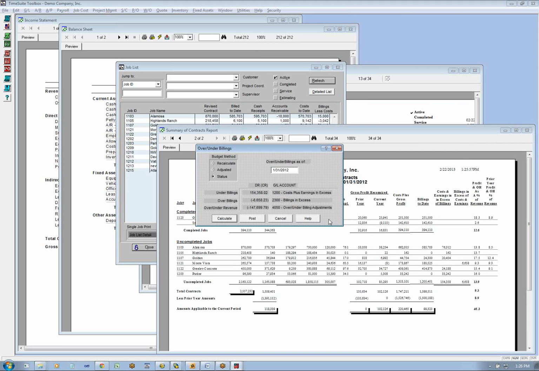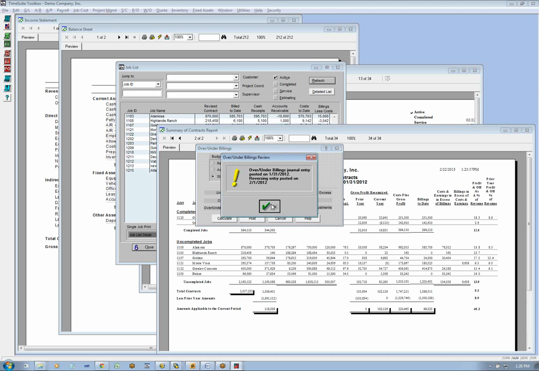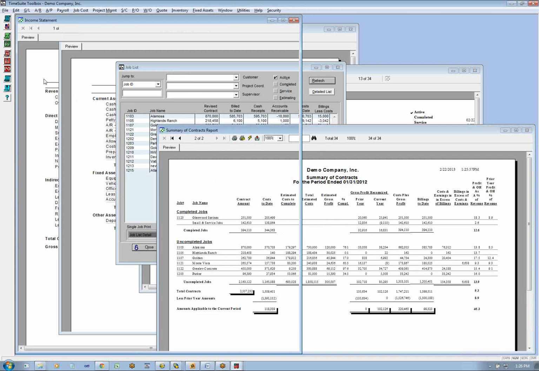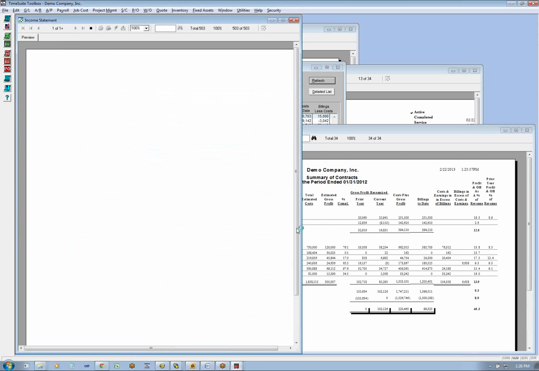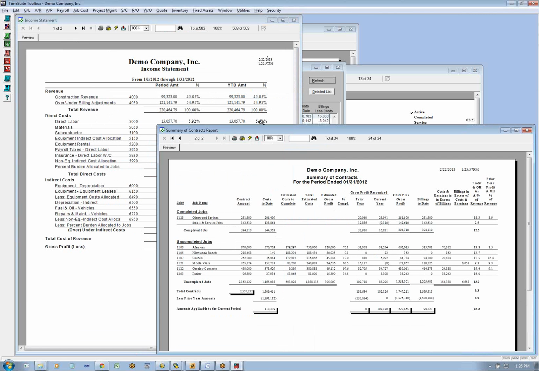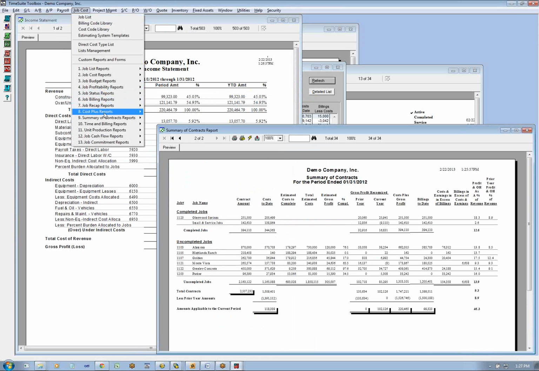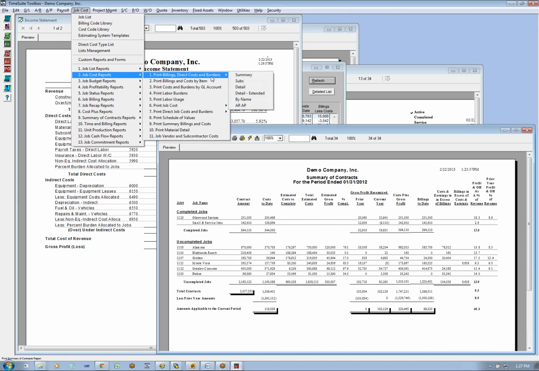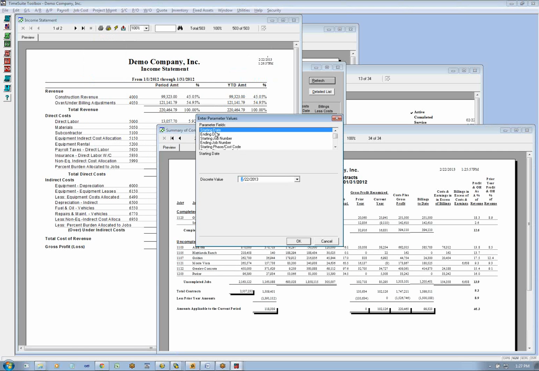So I calculate, my 154,358, I mean 66, post it, refresh it, and it does our accrual and our reversing entry. Refresh our income statement, and we get 220,465, 220,465. And then 118 is obviously going to be that number. Okay, lead sheets for the summary contracts would be your summary contracts, but also this lead sheet is a good one that proves this particular report.